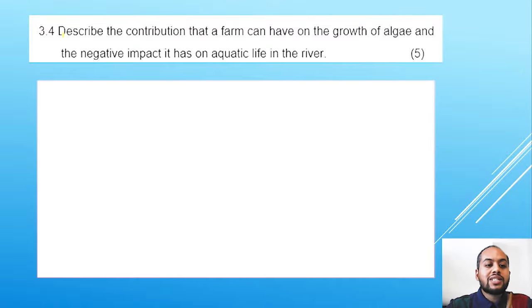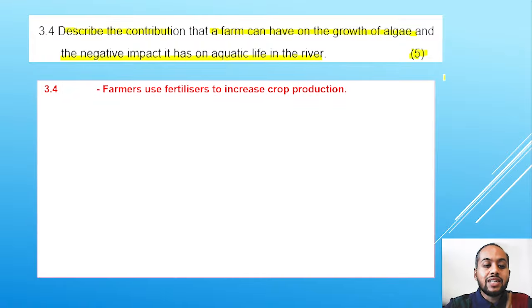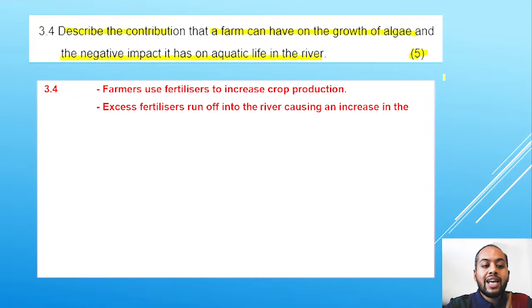Then 3.4, describe the contribution that a farm can have on the growth of algae and the negative impact it has on the aquatic life in water. Once again, we are simply describing the process of eutrophication, and we're starting with the farm. We're going to speak about what the farm actually does. So we know that generally on a farm, you're going to enrich your crops with nutrients that are received from fertilizers. So farms use fertilizers to increase crop production, but the excess fertilizers run off into the river,